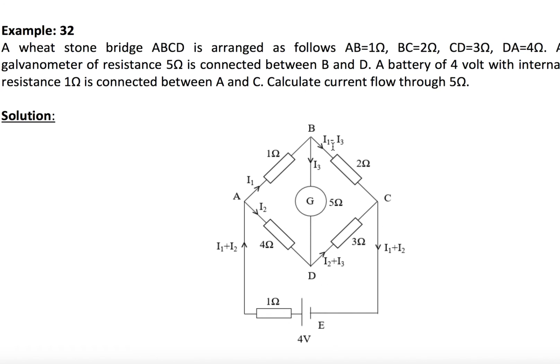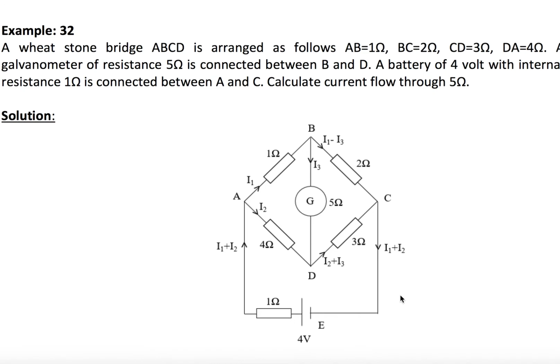So this is I1 minus I3, right? This current I3 is flowing like this, I1 is flowing like this. Since I3 is given, this is I1 minus I3. If we add these two up, this becomes I1 plus I2. So the initial current is I1 plus I2, then the final current in the branch should be I1 plus I2 only. The current entering here must be equal to the current leaving from C. Then only you are correct, otherwise you made a mistake somewhere, which you can cross check anyway.